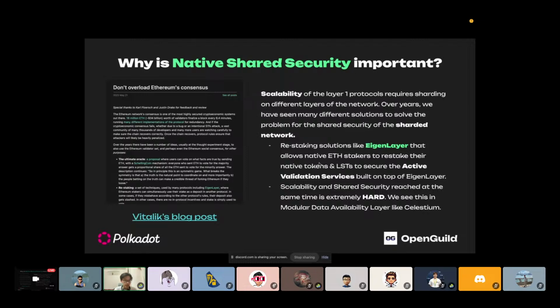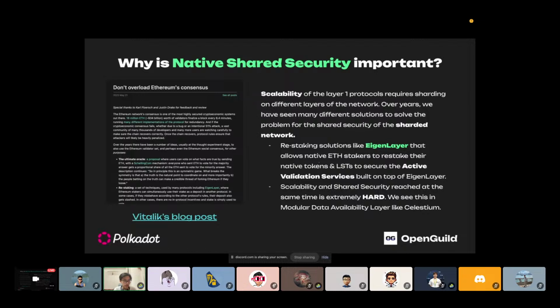In that way, the same amount of staked token in Ethereum can be shared and aggregated across the AVSs, and it becomes more secure for the AVS instead of having to build a whole validator network. But EigenLayer is not shared security,